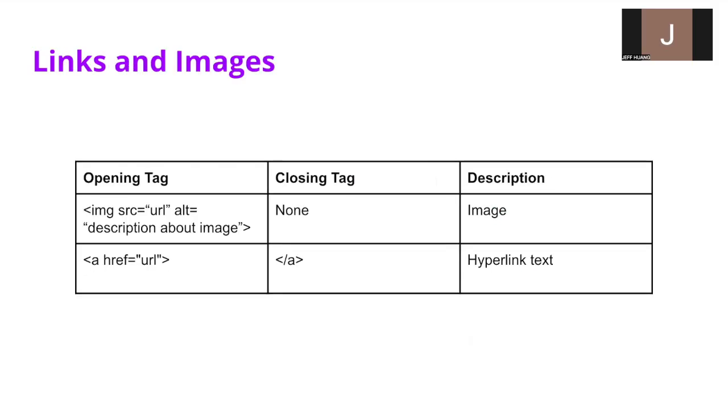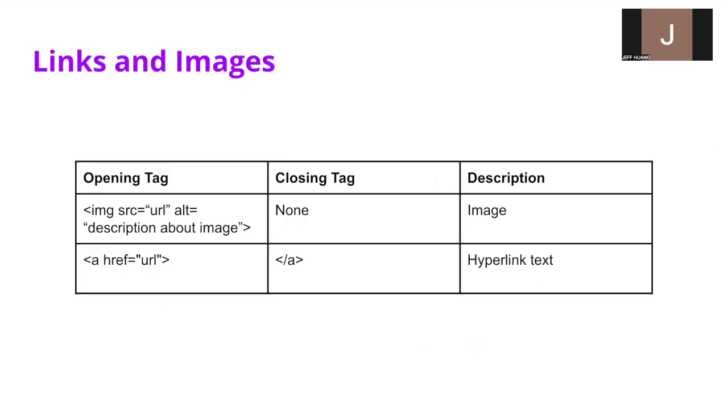So you could also add links and images to your HTML. Here we add an image. So basically you would enter your source, so your URL, and an alt, which basically means if your URL is not working or your image can't display, it'll show the description instead. So that's just in case it doesn't work.